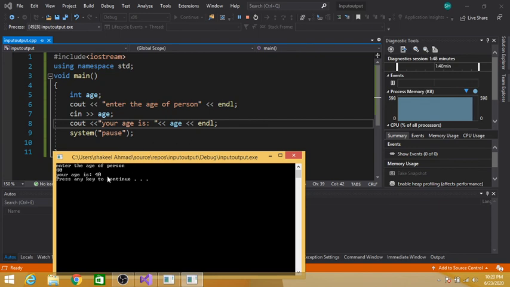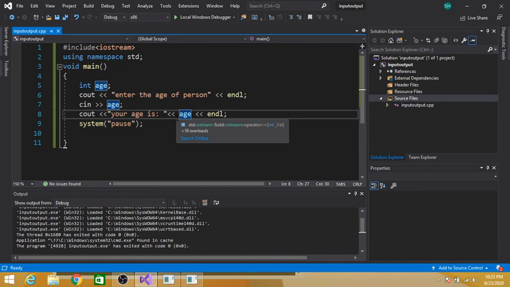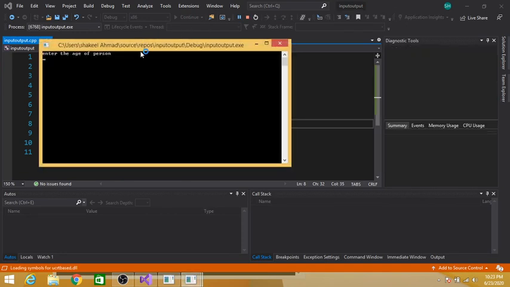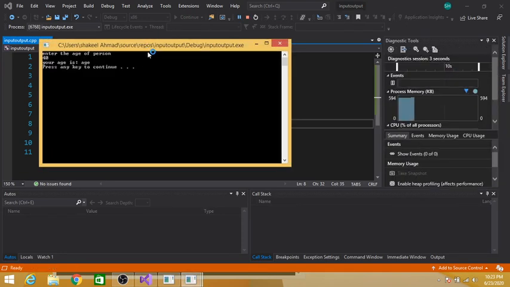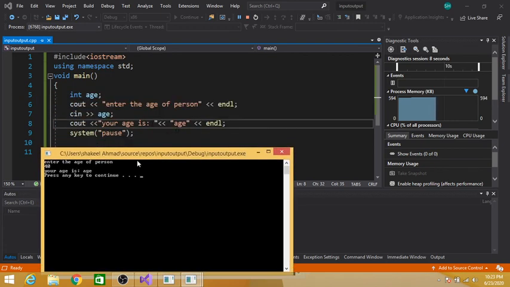If we want to print the variable name, then we have to place double quotes around this variable. For example, now when I run this program, see, now "age" is printed instead of 40.